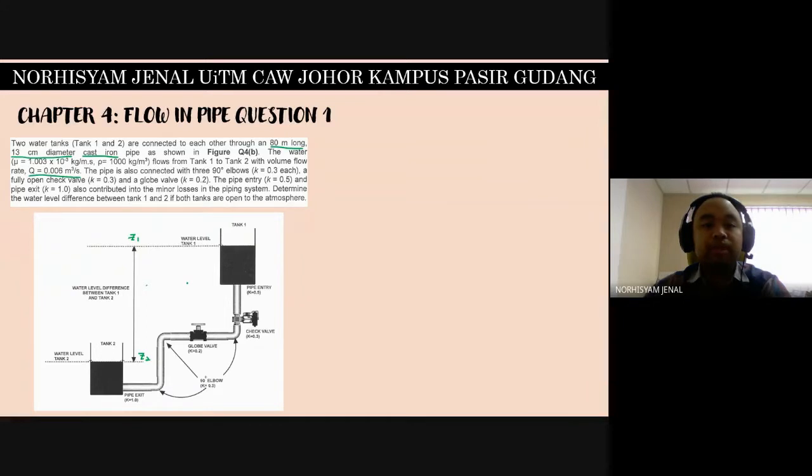As usual, when you find this question, the first step is to find the velocity. To find the velocity, we use Q and the diameter. Q equals A times V, so V is equal to Q divided by A, which equals 0.006 divided by A, pi times 0.13 squared over 4. So V should equal to,